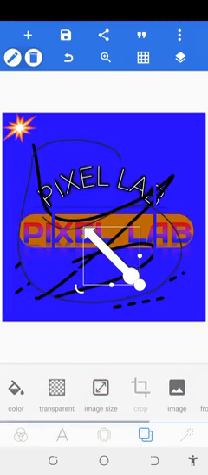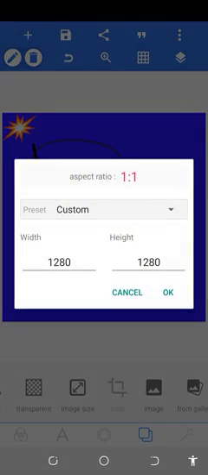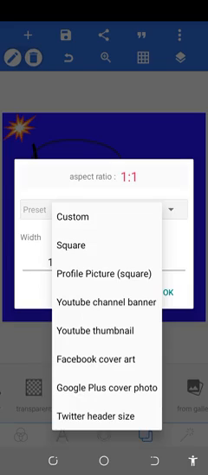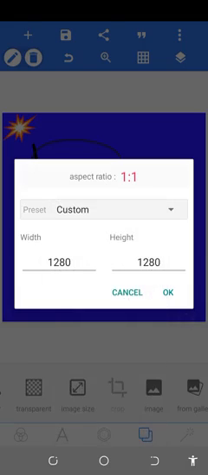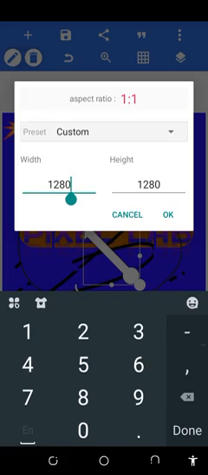All right, now this is the image size. It's very compulsory, it's very good that you give a size to your work. From here under this custom, you can decide to choose square if your work is square. You can choose thumbnail if you are going to post it on YouTube, Facebook cover art, Google Plus cover art, Twitter header size, and all of that. So from here you can decide to give a number. Maybe you are making use of inches, feet, meter and all of that. Now on this Pixellab, it uses